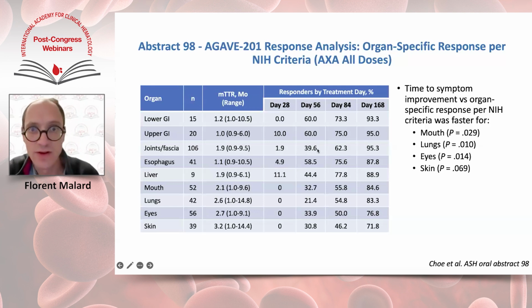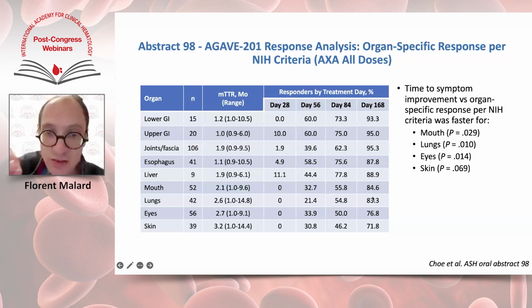For the fascia, also, we have some improvement in the response rate between day 28 and day 56, and more importantly, at day 84. So it's important to wait more for the patient. This is most of the time some more severe involvement in the fascia, and we need to wait more to see some response in those patients. For the liver, this is the same, better response rate at day 56 and improve at day 84. And for all other involvement, the mouth, the lungs, the eyes, and the skin, we also see an increase in the response rate over time at day 84 and also at day 168,